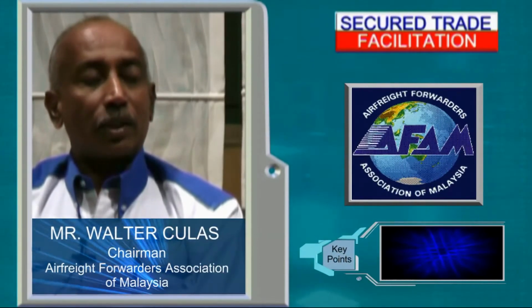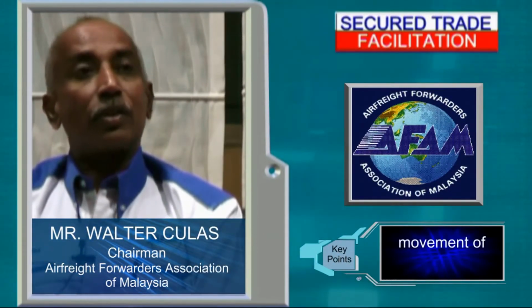that requires collaboration both with customs and the vendor, which is Smartag, as well as the industries, that is the industry players. It was a major problem for us, especially on this movement of goods in transit, where you use K8 forms. The major key problem was the time factor, the lead time, because air freight is very time sensitive. Number two, when you move from one point to another point within the country, we always have a